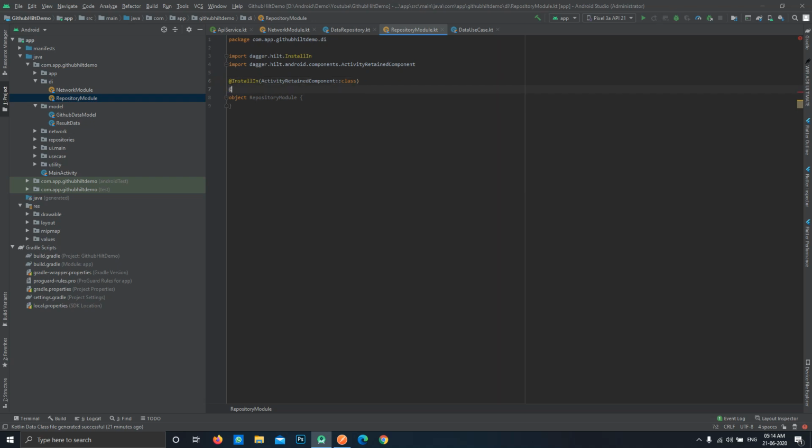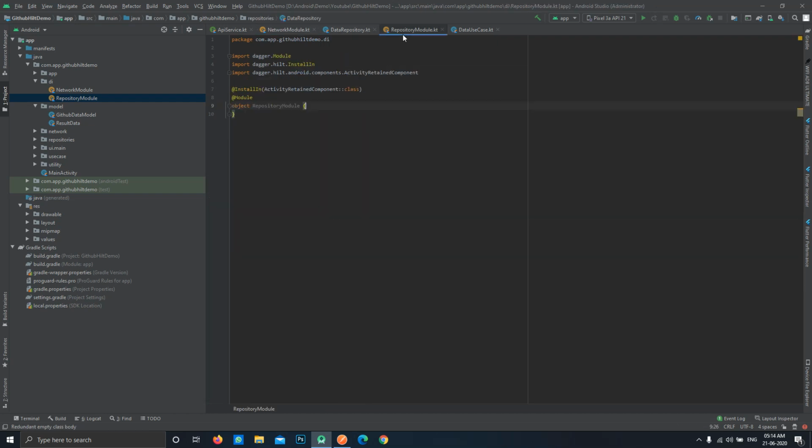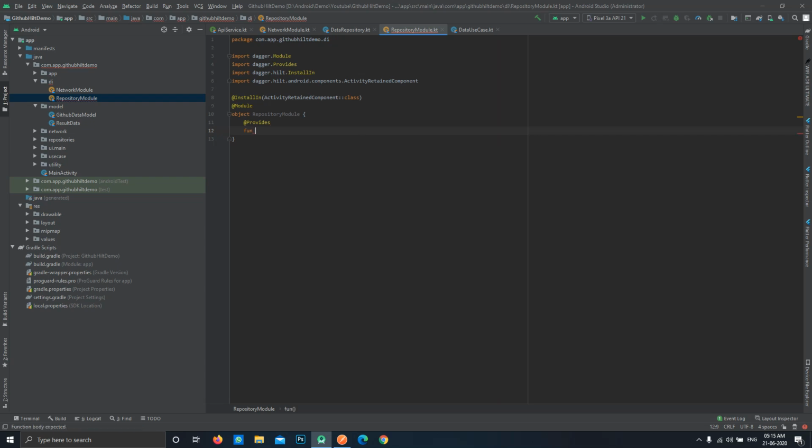Now the other annotation is our modules annotation. Similarly as we have done over here, we'll be using this provides annotation, and we'll be providing the instance of our required class. So let's define this provides annotation and a function, and let's name it provides data repo.